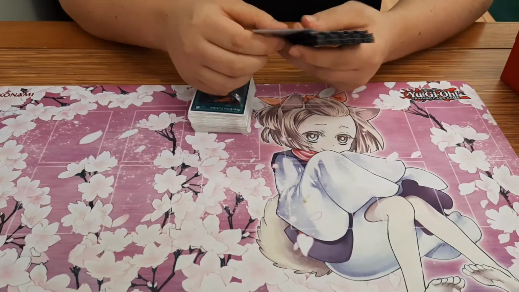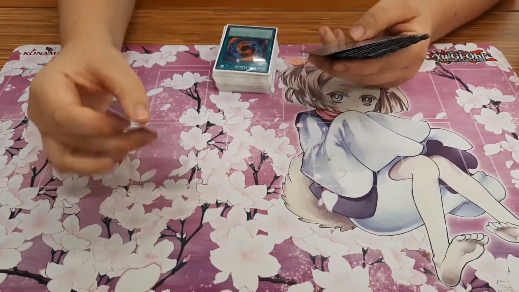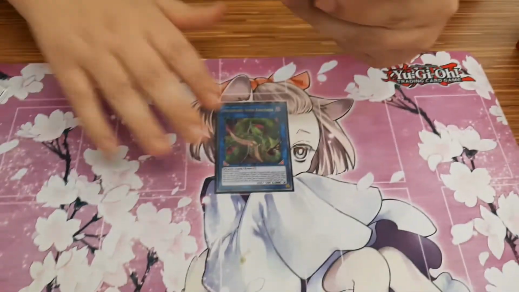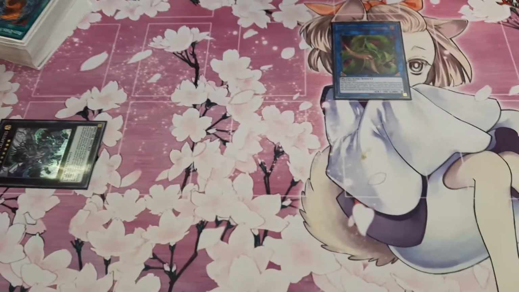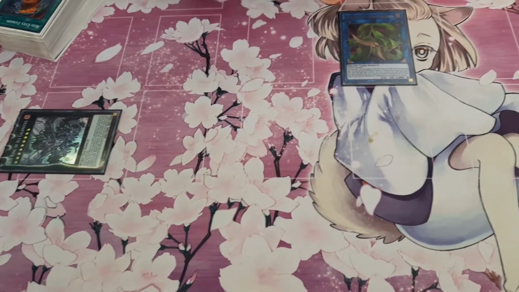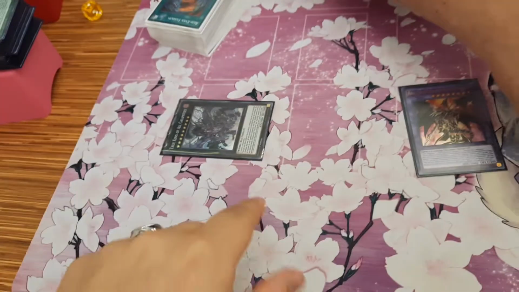The end board for this would most likely be, if you get the Dragoon off, you'll have the Predaplant up here. I'll move it down here a little bit, just so it's on the map. Then you'll have True King, which I just put over here because it's better that way. You'll have a Dragoon, and